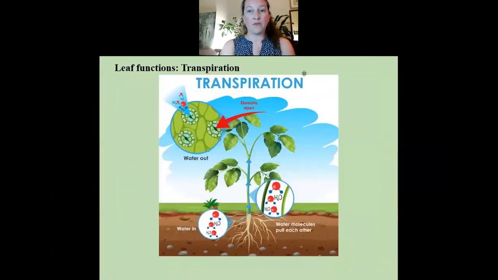Another really important function of the leaf is something that's called transpiration. So transpiration involves water. And the idea is, let me annotate here. And I'll use blue since we're talking about water. So you can see here, water is going to enter at the roots, right? And normally